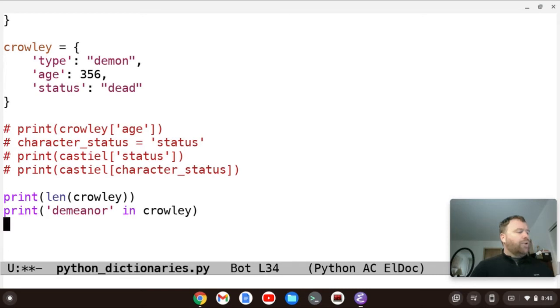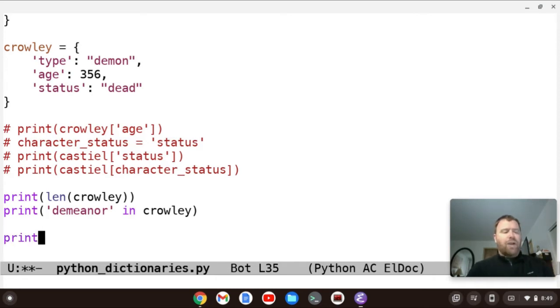Okay, so let's talk about if we print something that is not in the dictionary using a get function. So a get function will also get a certain key.